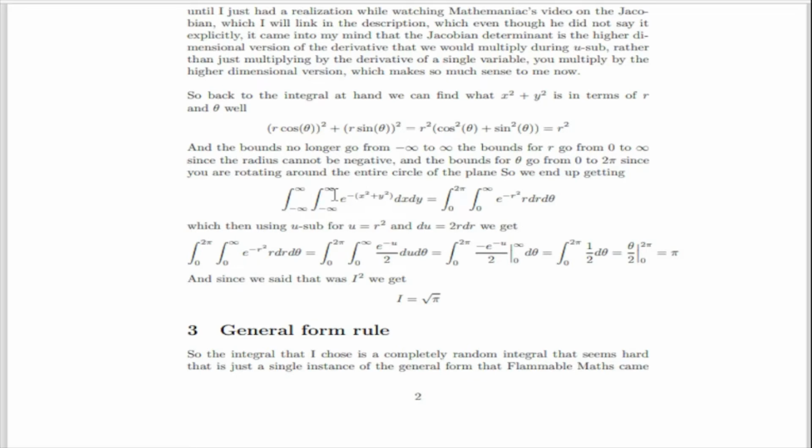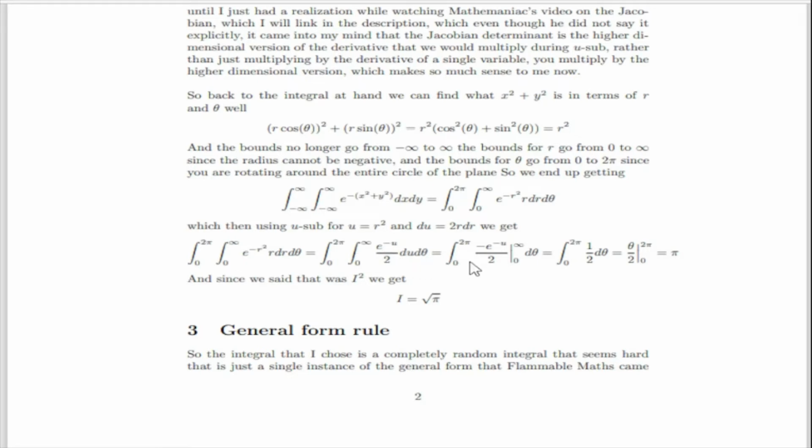this integral that we had before equals the integral from 0 to 2 pi of the integral from 0 to infinity of e to the negative r squared r dr d theta. Then using u sub for u equals r squared, we get du equals 2 r dr. So that gives us what we have before equals the same integral bounds of e to the negative u over 2 du d theta,